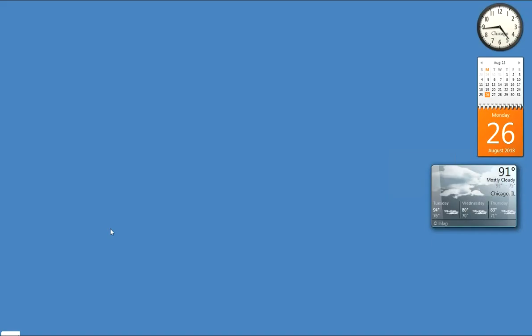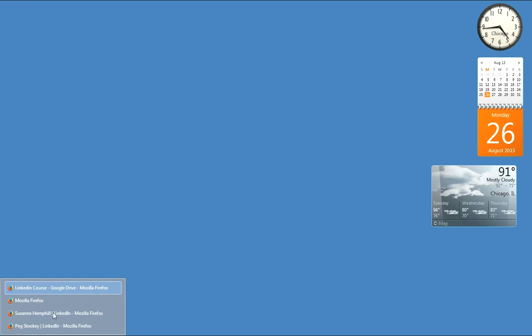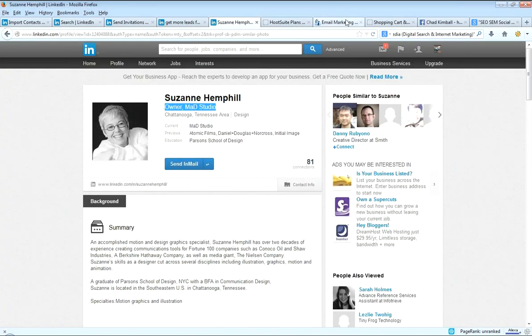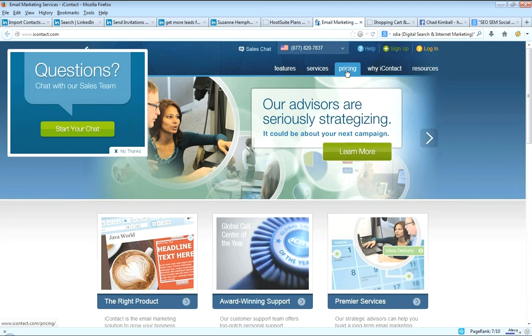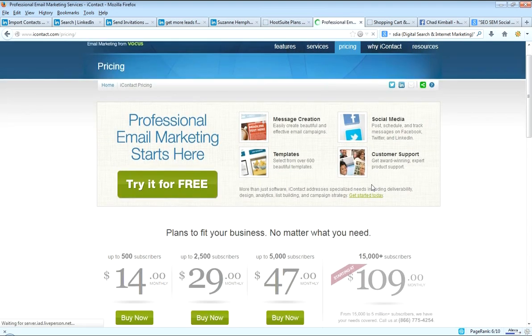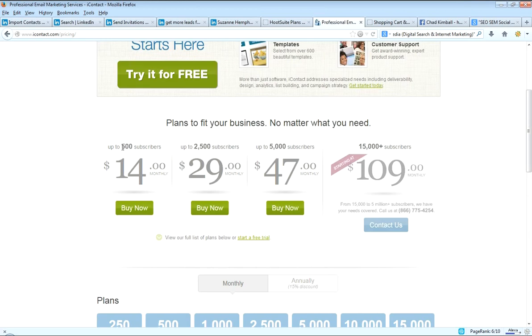I've lost it. But anyway, usually their price points are based on how many contacts you have. So here we go. Pricing. If you look at iContact, usually they'll break it out for you. See here, 500 subscribers, $14 a month. Now the thing is, you'd have to contact them specifically, so